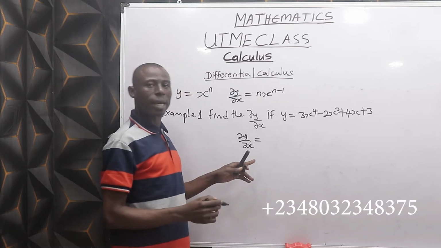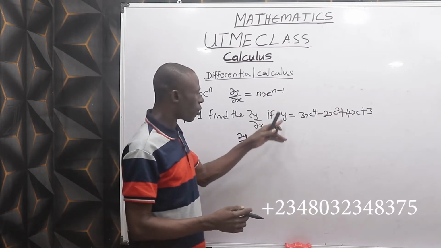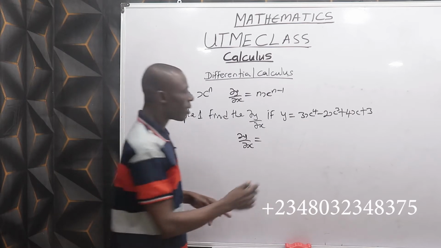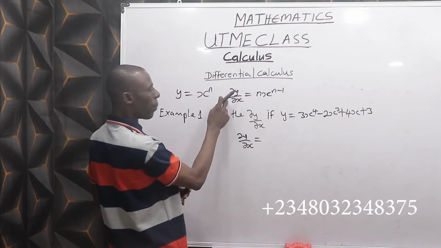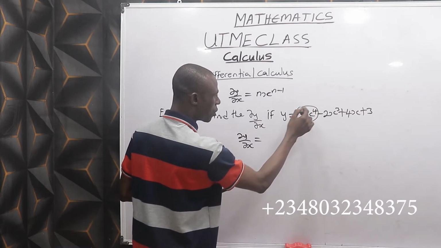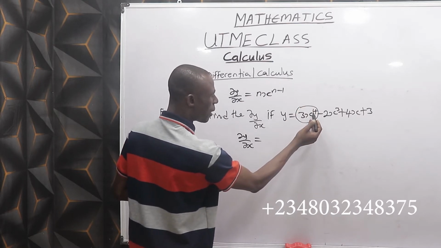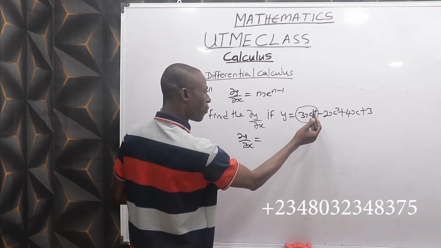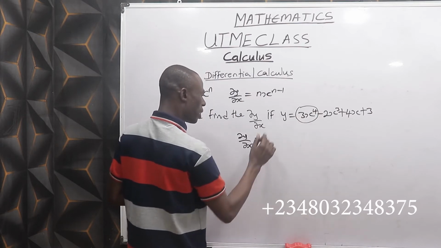The dy/dx here, which is the derivative of this function y with respect to x, means just follow the pattern up here. Look at this. At first, the power of the variable x here is 4. Use it to multiply this 3. It will give us